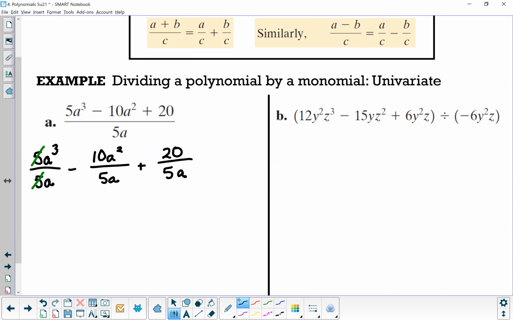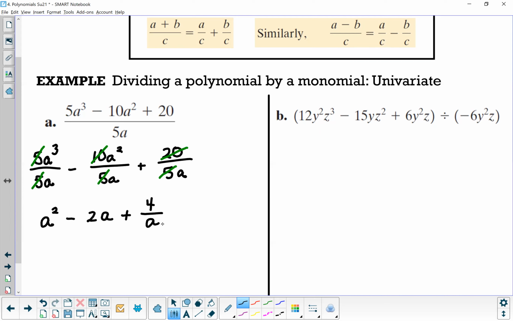cubed divided by a to the first power. Subtract your exponents, so 3 minus the 1, we get a squared minus. All right, then we have 10 divided by 5, that reduces, we'll be left with 2. A squared divided by a to the first power, subtract your exponents, 2 minus 1, so we have a to the first power plus 20 divided by 5 reduces to 4